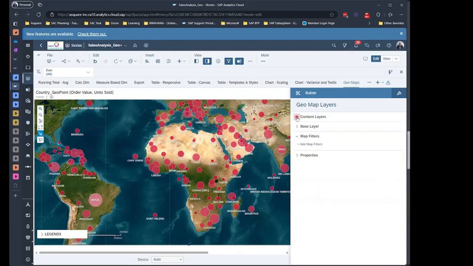Just like how you can hide the base layer, you can also hide the content layer. And once your map is finalized, which background you need, then you can unhide. That means show the data layer, the content layer. The data and content layer are one and the same thing. I'm just using two different terminologies here. And then you can add further layers. So you can add multiple layers. Right now the layer is units sold. You can also add a layer for, say, for example,